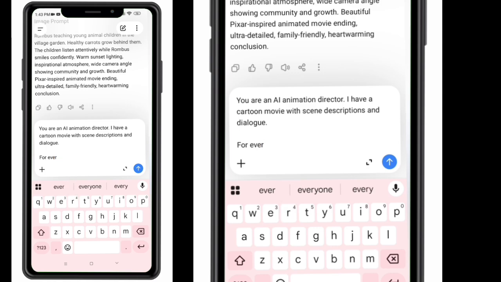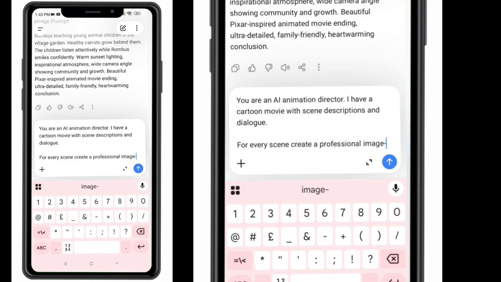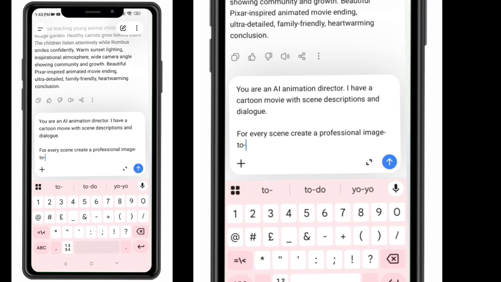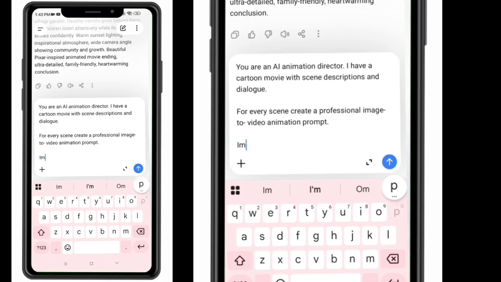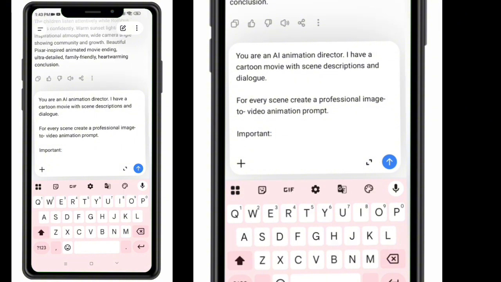For every scene, create a professional image to video animation prompt. Then I'm going to include the key things I want to be part of this prompt. That's why I said important. So you're going to say,